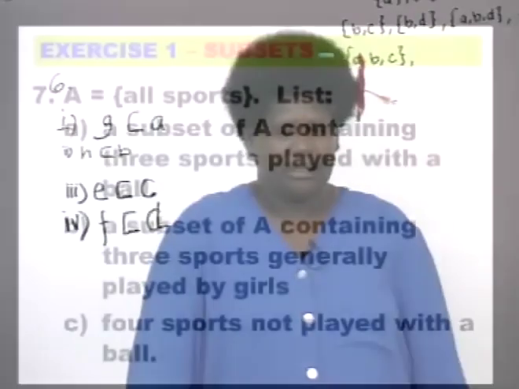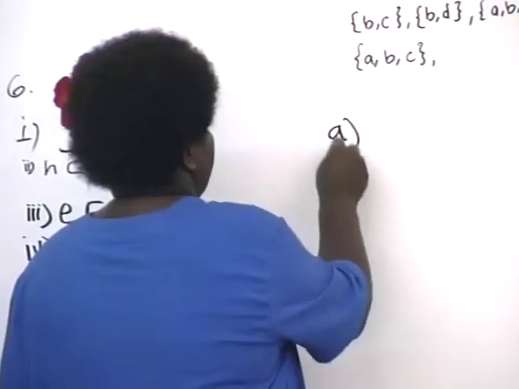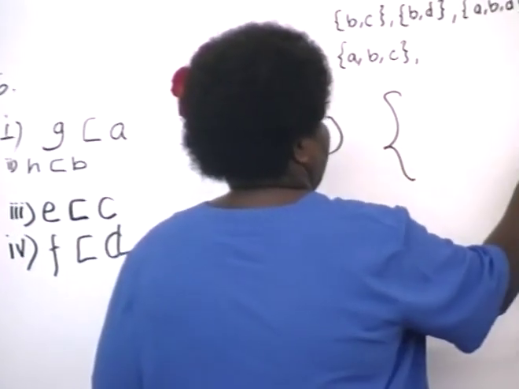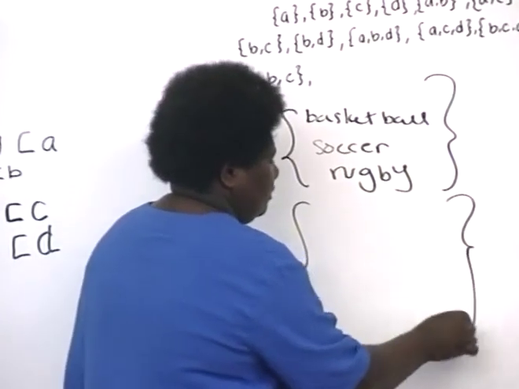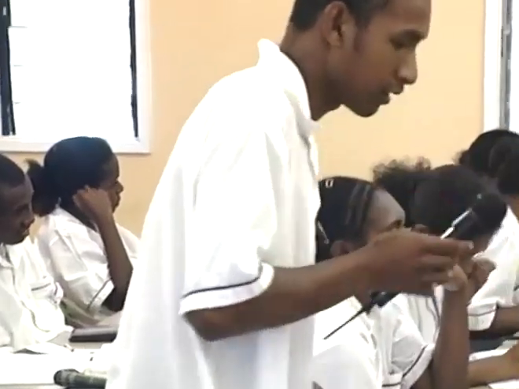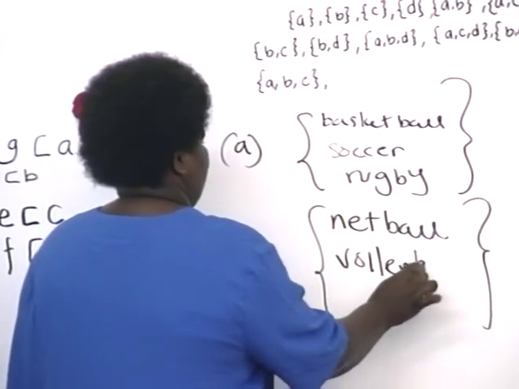Letter B. Lester. A subset of A containing 3 sports generally played by girls. Okay, Lester. Netball, beach volleyball, volleyball, and gymnastics,